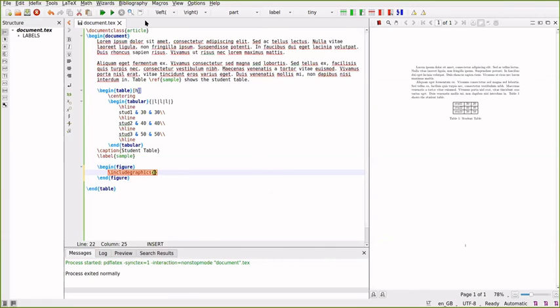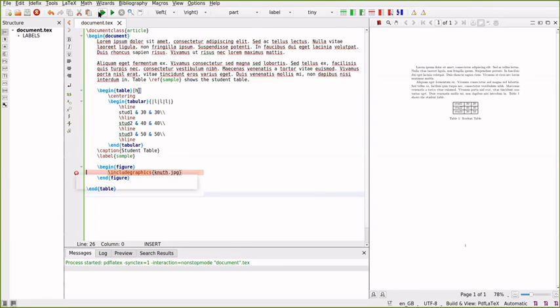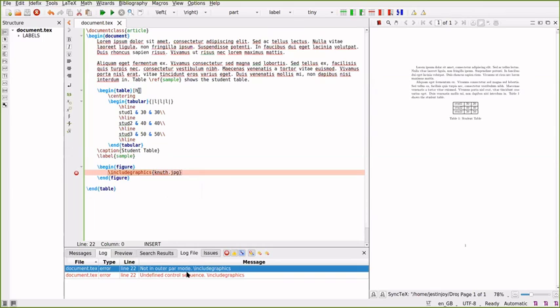In case I have put a figure called nuth.jpg. I have put that. I'll be using the figure nuth.jpg, and if you run this, you can see that I got an error. Undefined control sequence